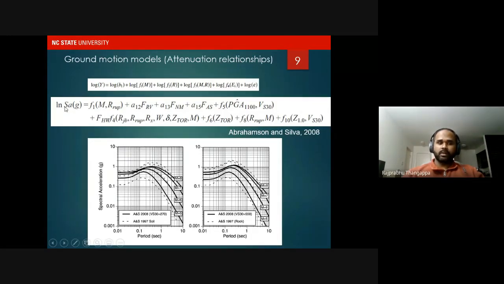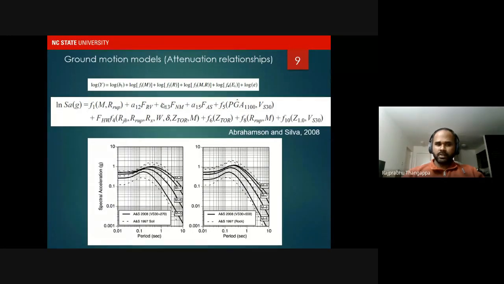Here it is basically the spectral acceleration. So the spectral acceleration can be related to the magnitude, rupture distances, peak ground acceleration, VS30 basically representing the different forms of soil in the first 30 meters of the profile, and several other site and source parameters. So this is a result of regression analysis being performed on a huge amount of data. This would help us in